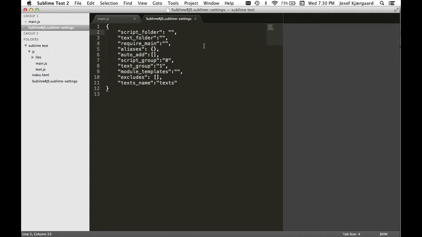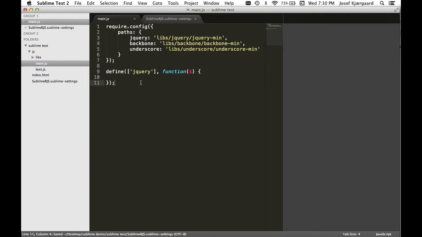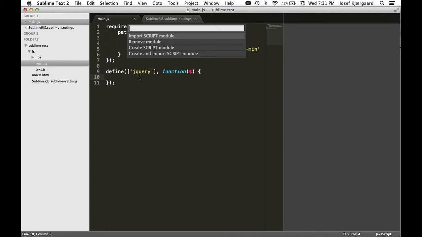begin. So first of all, the script folder, which in this case is just JS, and the next thing is a reference to the require main file. So in this case that will be js/main.js. Alright, so now in our main file we can press Command M, and these are the options available at